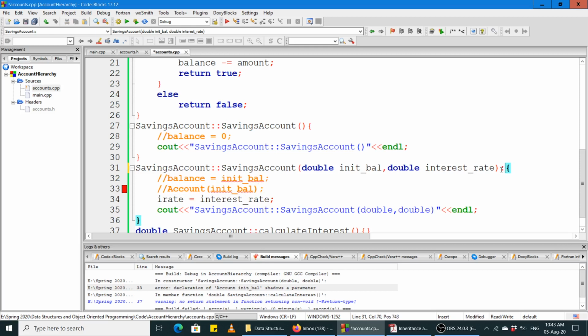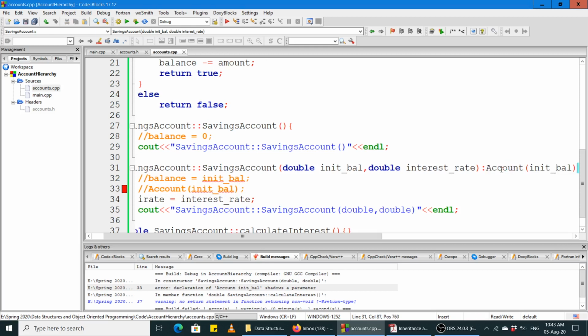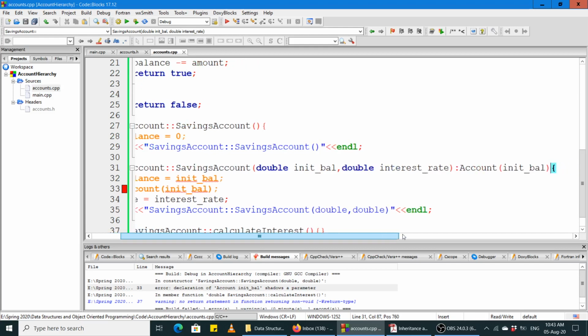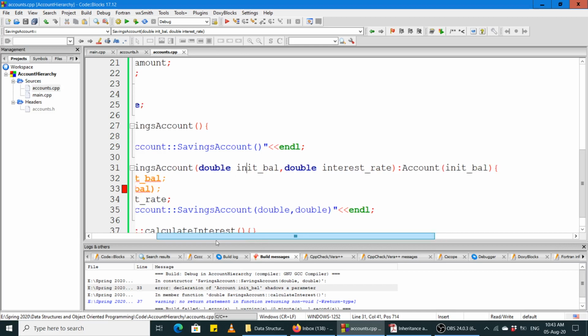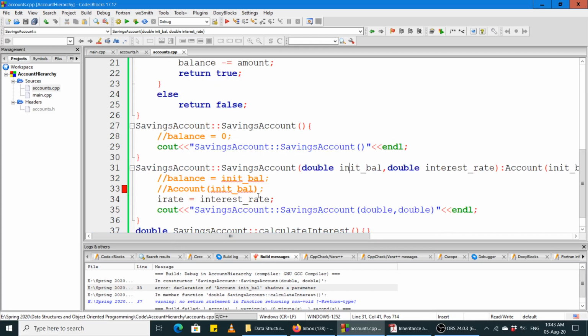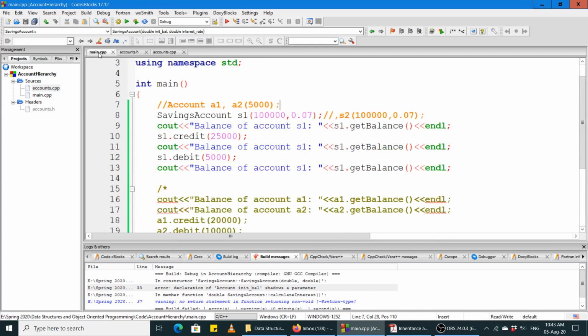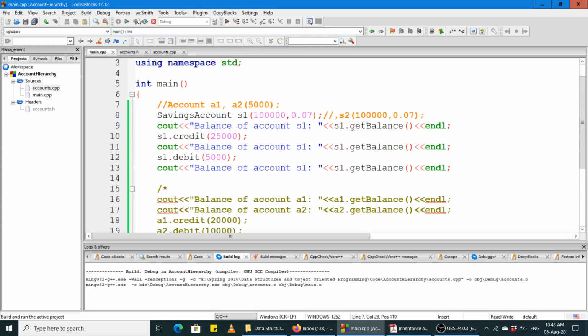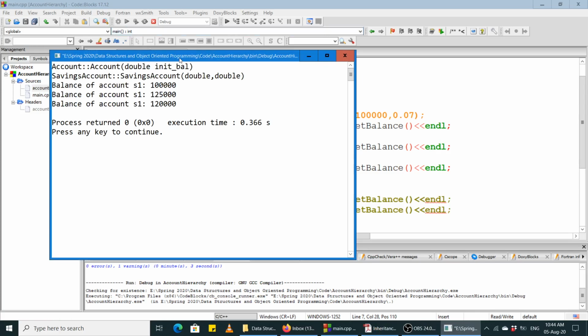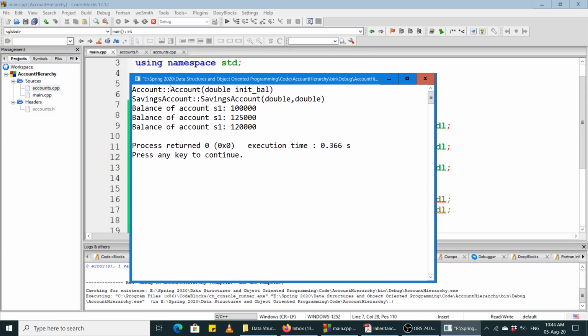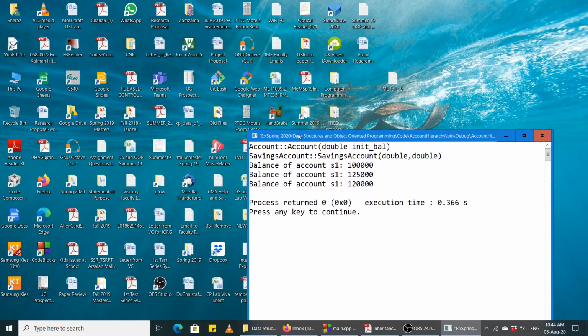अकाउंट क्लास के ओवरलोडेड कंस्ट्रक्टर को हम इन्वोक करेंगे फ्रॉम द इनिशियलाइजर लिस्ट। यहाँ हम लिख लेंगे इनिशियलाइजर लिस्ट में कि आप अकाउंट क्लास के ओवरलोडेड कंस्ट्रक्टर को इन्वोक करें एंड गिव इट दिस बैलेंस, द इनिशियल बैलेंस, ये जो है। ठीक है, बाकी इंटरेस्ट रेट को हम यहाँ स्पेसिफाई कर सकते हैं, आई रेट इज इक्वल टू इंटरेस्ट रेट। ठीक है, लेट्स सी इफ दिस वर्क्स और नॉट। ठीक है, so this is fine, this is fine।